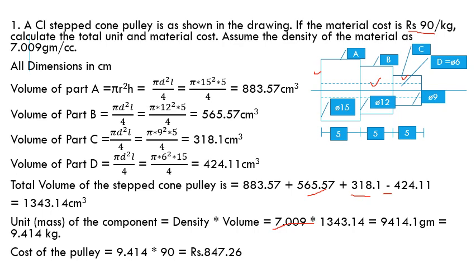Here what can vary? The material cost may vary. Density will not vary. Material cost may vary. So last time it was this much. So this time also it is estimated that it will remain as it is, and based on that I will calculate, and it may change, it may not change. That's why it is called an estimate. So it is the probable cost, not the exact cost. Even though I have used the mathematical formula here, as of now it is perfect, but tomorrow it may vary if the material cost varies.